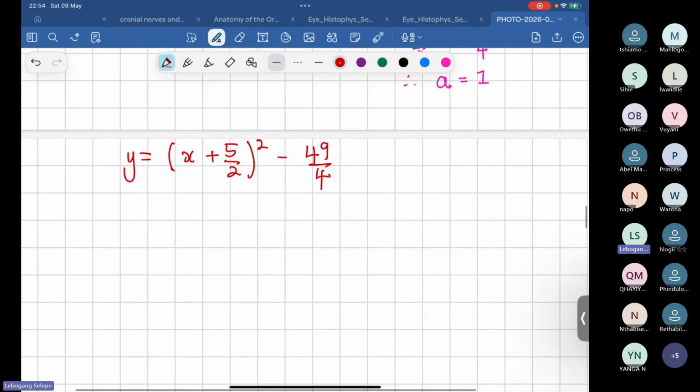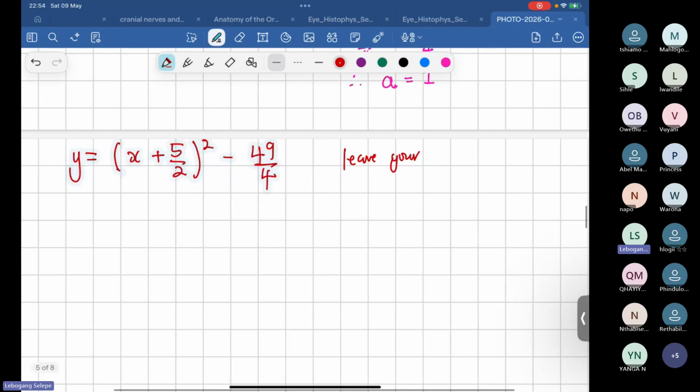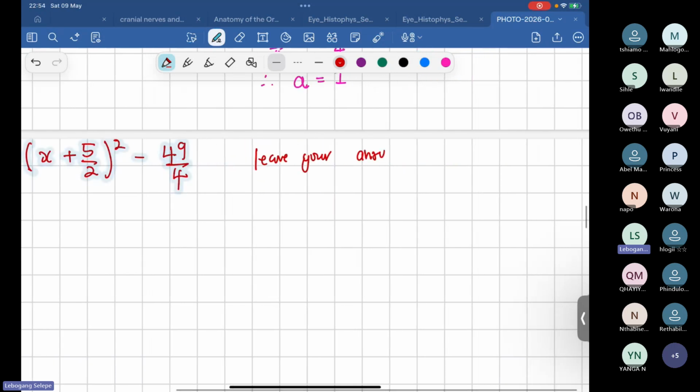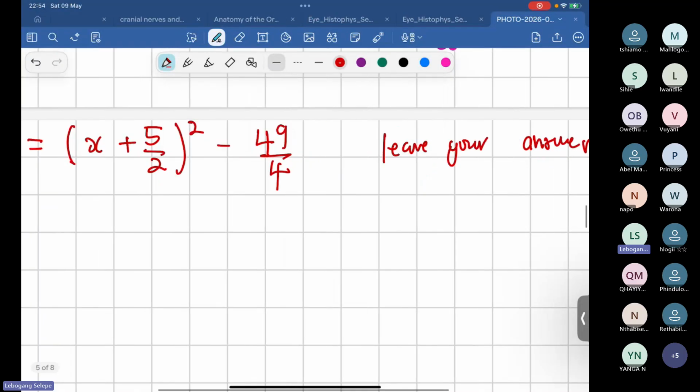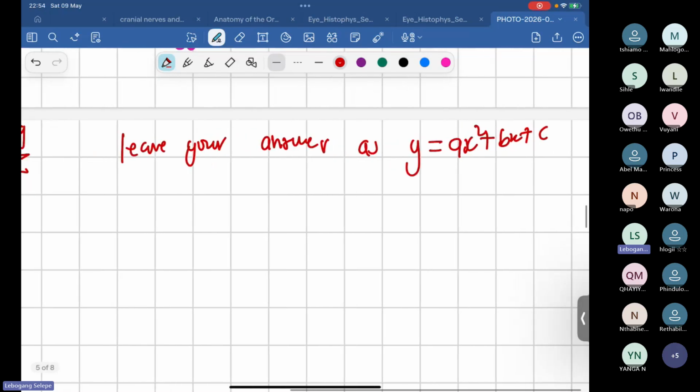The examiner can say, leave your answer as y equals ax squared plus bx plus c. So they're telling you that, okay, we can see that you've determined the equation using the turning point, but we want you to leave your answer as y equals ax squared plus bx plus c, which is